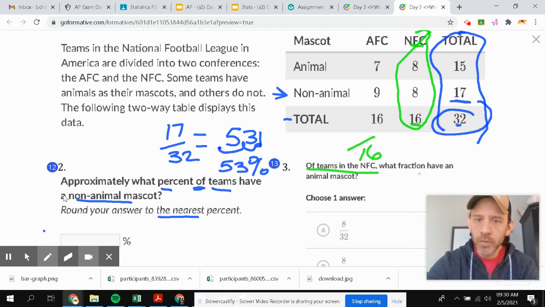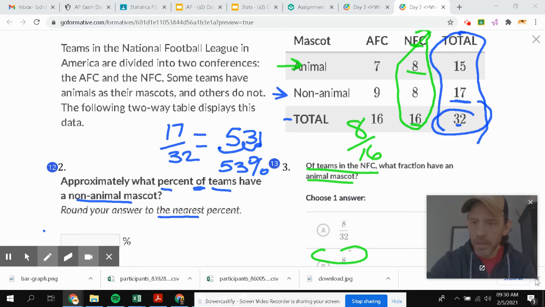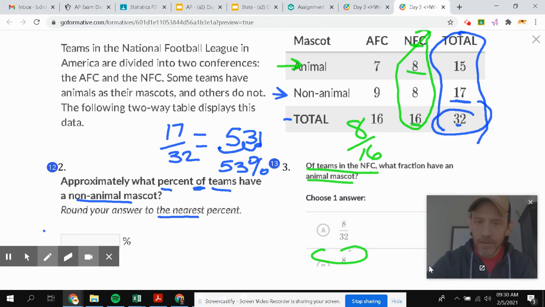And out of that group, we care about animal mascots. So that's here. And the number that's in that group that's an animal mascot is 8. So you'll see in your answer choices that 8 over 16 is, in fact, your B. So there you have it. All right, so take a look at that and